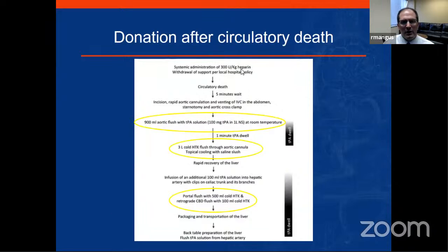And our protocol, I want to go through it so that it's very clear. We heparinize fully the patient before withdrawal of support at the local hospital. We wait for circulatory death, which is declared by an outside physician. We then have a 5-minute wait time, which is pretty standardized in our country. We then make a rapid incision and aortic cannulation, vent the vena cava, make a sternotomy, cross-clamp the aorta, and